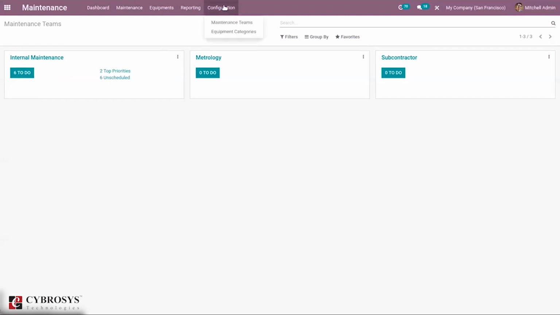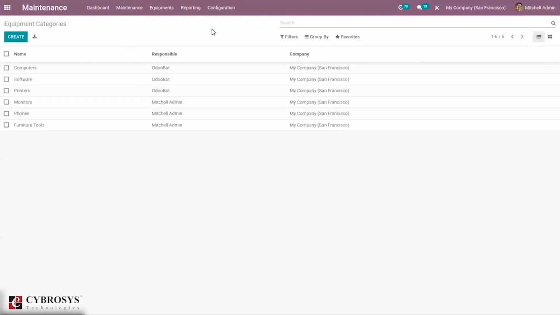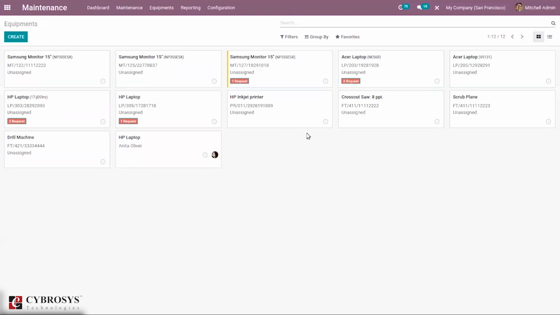Then we can find the option to configure equipment categories, that is, equipment groups. Then we can configure work centers, machines and tools. So we can see all the machines and tools which can be set inside a work center. And you can see the number of maintenance requests for each equipment. It is also possible to schedule activity directly from here. And we can edit, delete, record, and set record color.